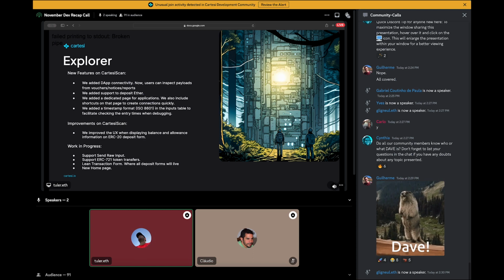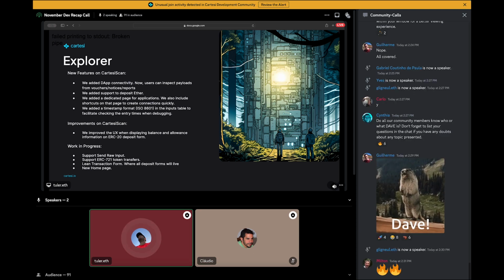The first one is the ability to not only see the inputs of the applications, but also inspect the outputs of those applications, like vouchers, notices, and reports. For that, you need to make a connection to a reader node for the dApp. So there's this new feature called dApp connectivity.